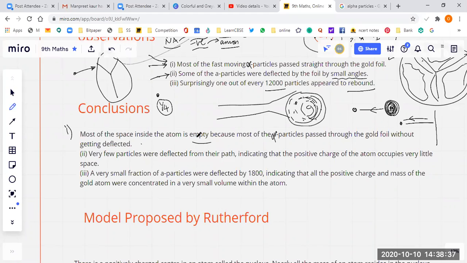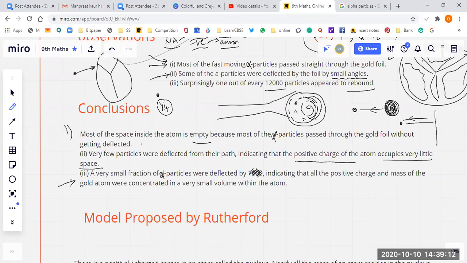Good. Number 2, very few particles were deflected from the path, मतलब थोड़े से पार्टिकल डिफ्लेक्ट हुए, indicating positive charge of the atom occupies very little space। थोड़ा सा स्पेस है उसमें, अगर वो ज्यादा स्पेस में होता तो बहुत सारे पार्टिकल्स बाउंस बैक हो जाते। तीसरा, very small fraction of alpha particles were deflected by,